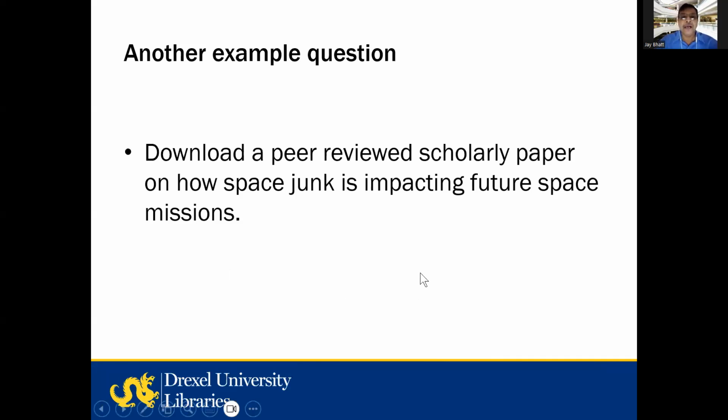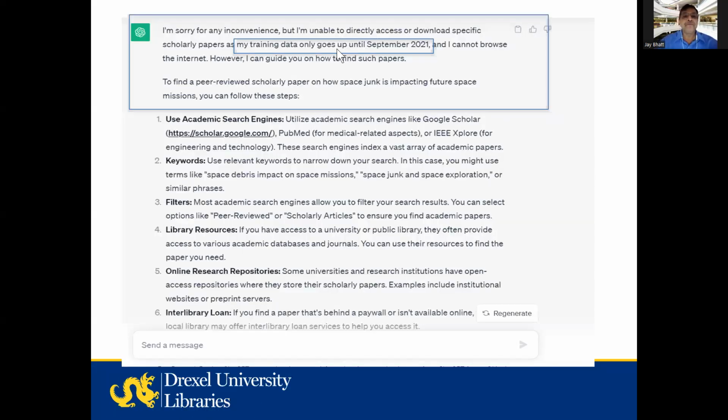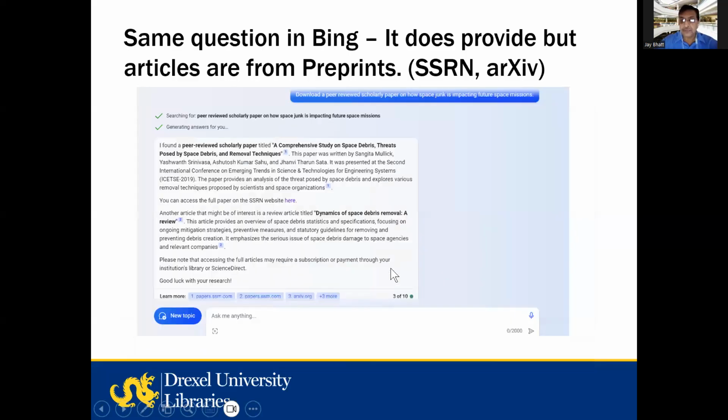So I wanted to see how this research is being represented in a research paper. Again, the same thing. To find a peer-reviewed scholarly paper, it is telling me to go to the library homepage. It does give me an introduction, saying go to Google Scholar, PubMed, and IEEE Xplore, but it cannot integrate with that information yet. But again, it is telling me what keywords and what filters I can use, and so on.